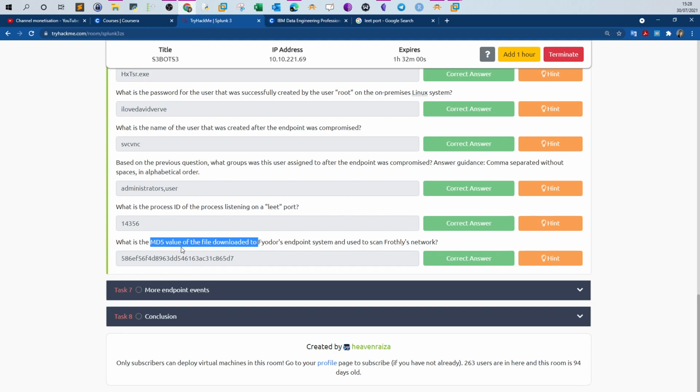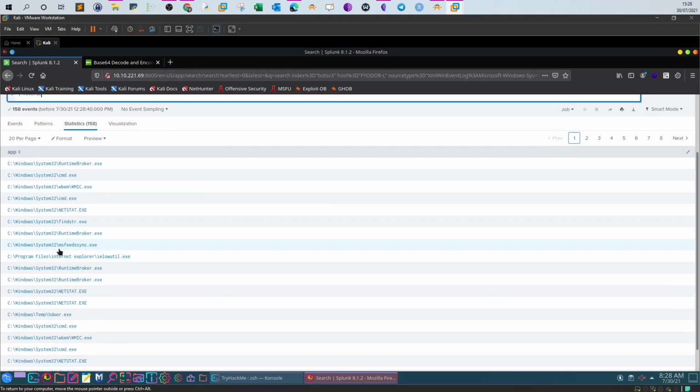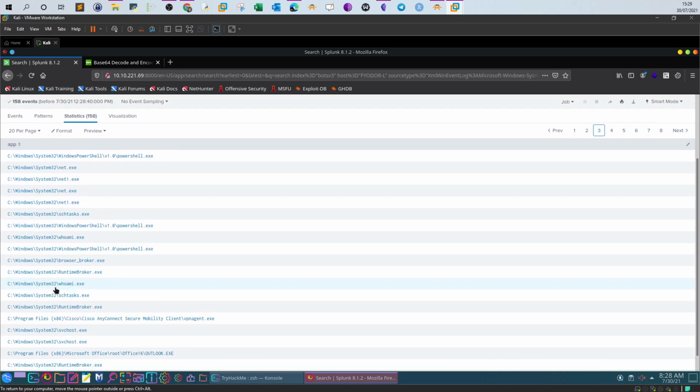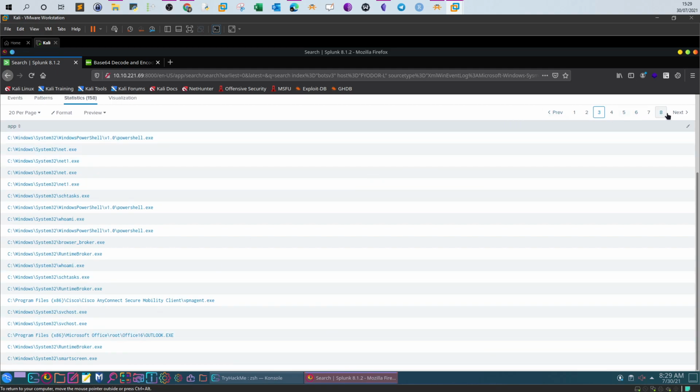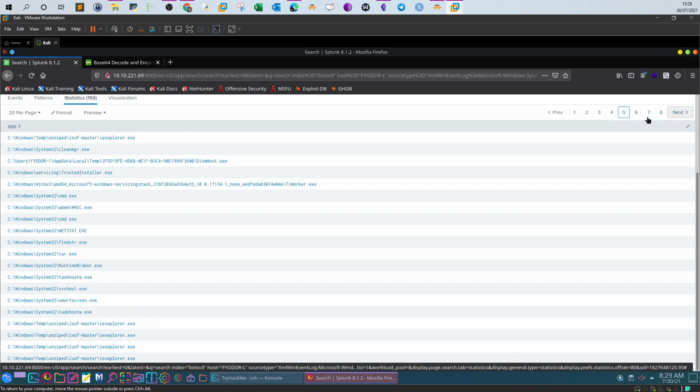What is the MD5 hash of the file? Let's take a look. All of these files are in System32, so we keep them for last. Let's see the first suspicious directories. System32, Program Files, Outlook, temp. We have a temp directory here. This one is kind of suspicious since the file name is a misspelling of Internet Explorer, and also we have